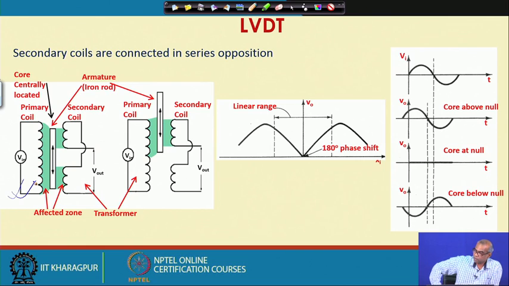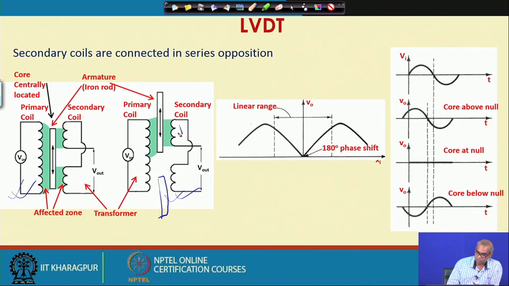So, this is core at null, whereas here the core has been pushed up. So, the core is above null. So, it shows a non-zero voltage. The core can be here as well, below null, and then